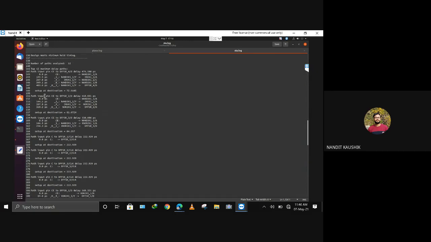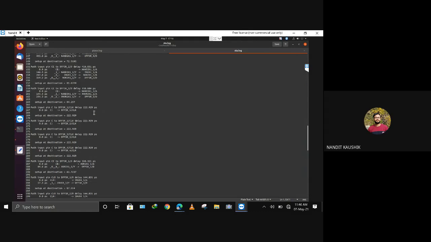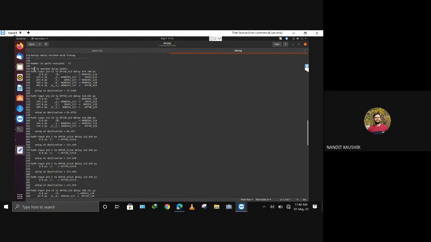This input pin C is the clock enable, so only when this is enabled will our circuit work. You can see that all these delays are defined here, the top 12 maximum delay paths. If you want to see the input to register delay, the maximum delay comes out to be 476.